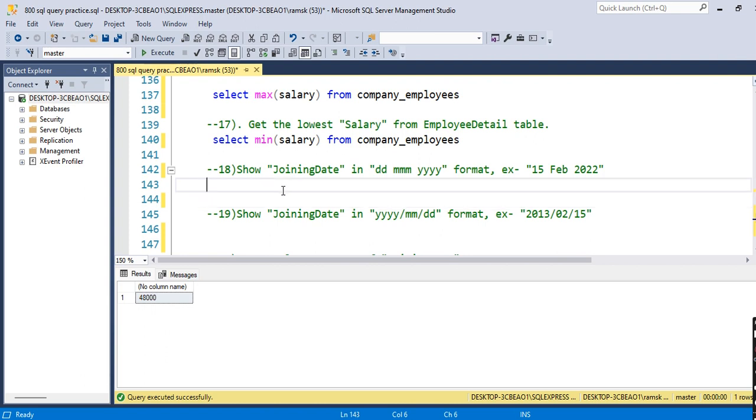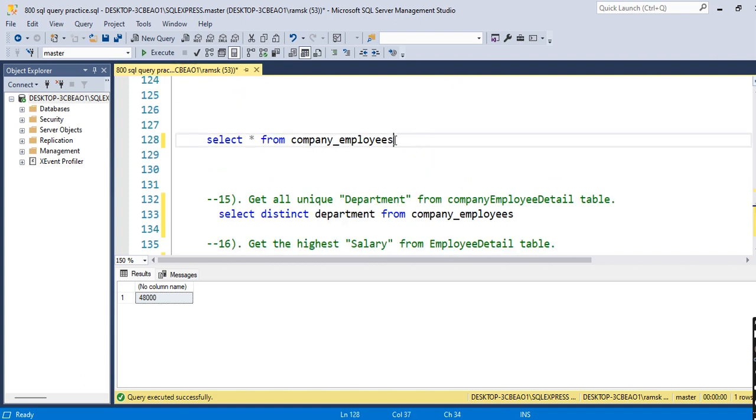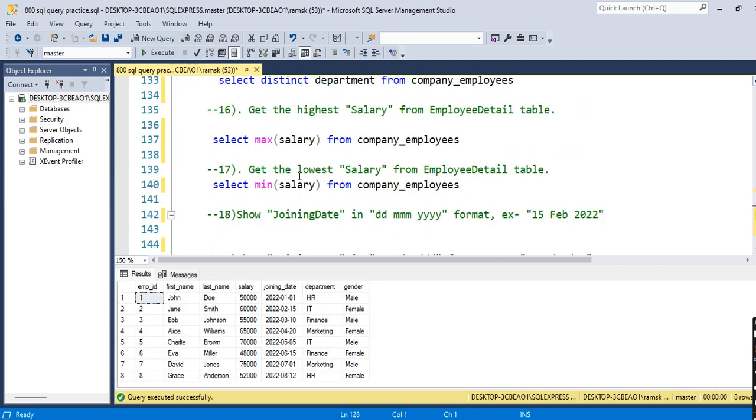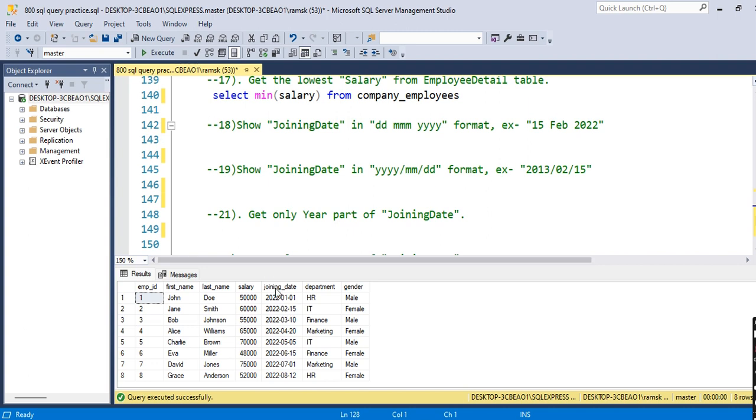Now our next query is: show joining date in DD MMM YYYY format, and for example I want 15 Feb 2022. Suppose in this table, I will execute this. In this table I have the joining date in this format, but I want first the date, then the month in alphabets like FEB, and then the year. So for that you need to use